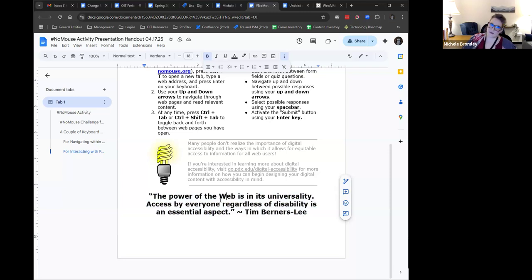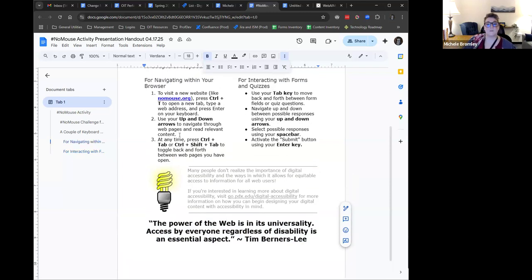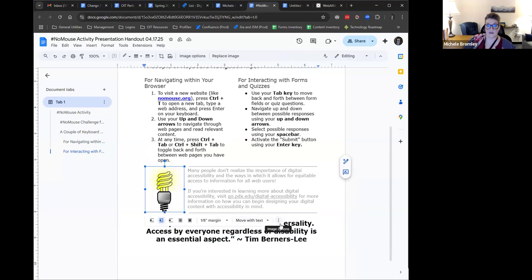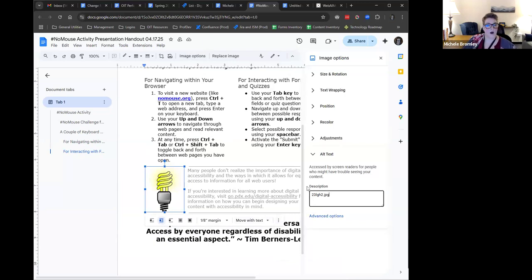But the thing is, I did that thing again where I skipped ahead because something caught my notice in the navigation pane. So I'm going to roll back because I don't want to miss anything in this document. And there is something between my columns for navigating within your browser and for interacting with forms and quizzes. There is a cute little light bulb graphic that I am willing to bet doesn't have alt text. Oh my goodness, folks, it does have alt text. And if I had an automated accessibility tool, it would say, good job, Michelle, there is alt text behind this light bulb. The alt text is